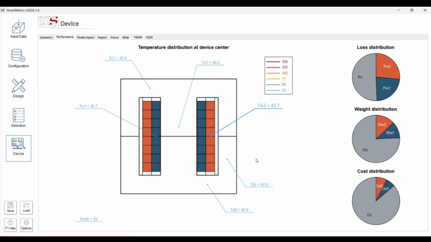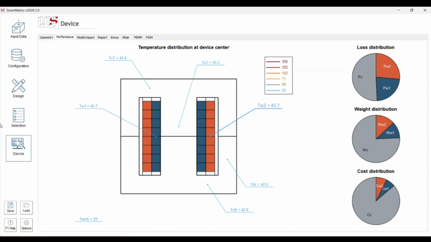Or for example, let's say you have a problem which is the opposite of what we have. You have a device that has a fan cooling it, but you need to know what is going to happen if the fan fails and you are not having that cooling in your converter.